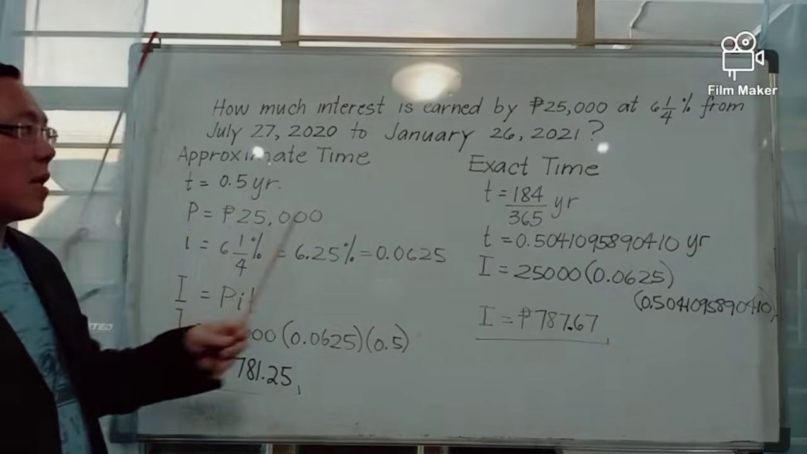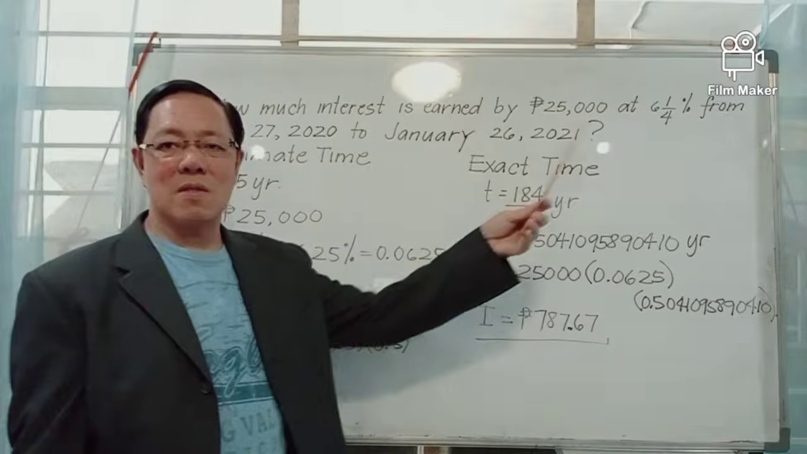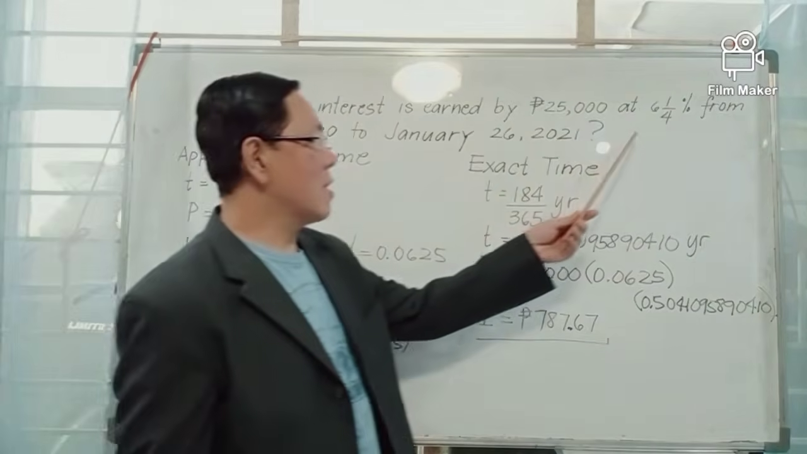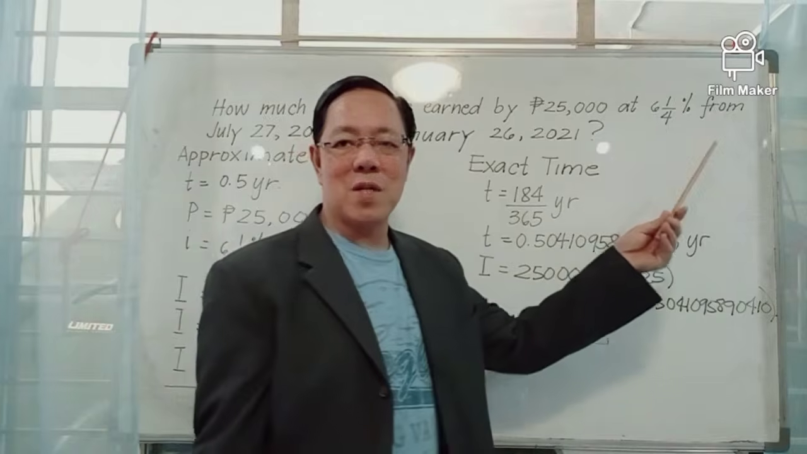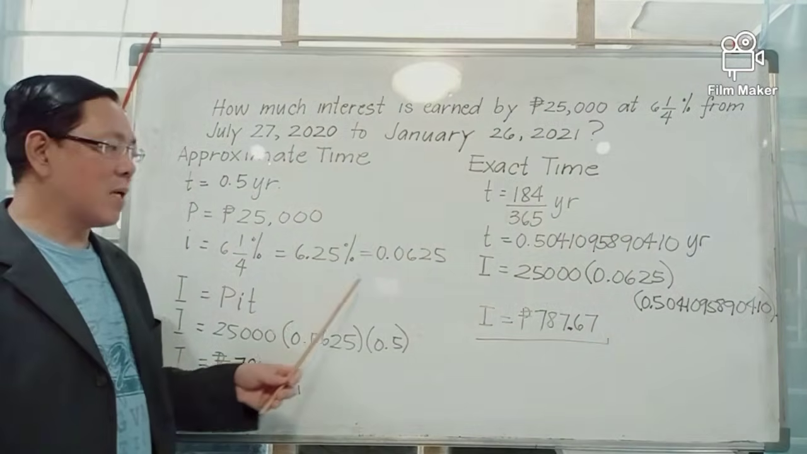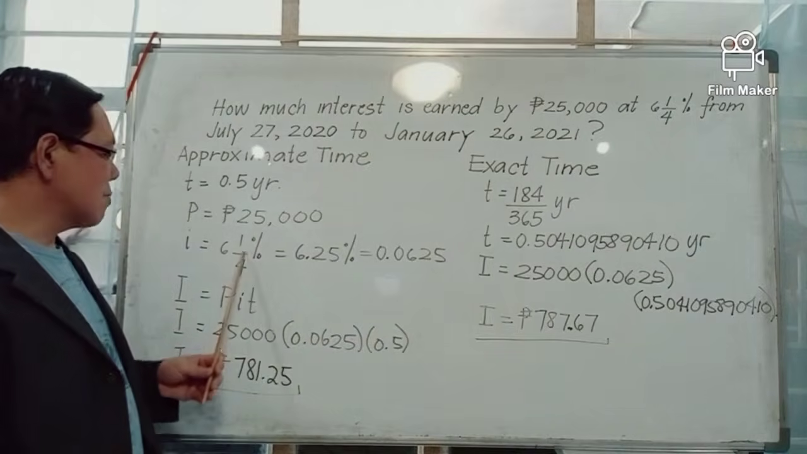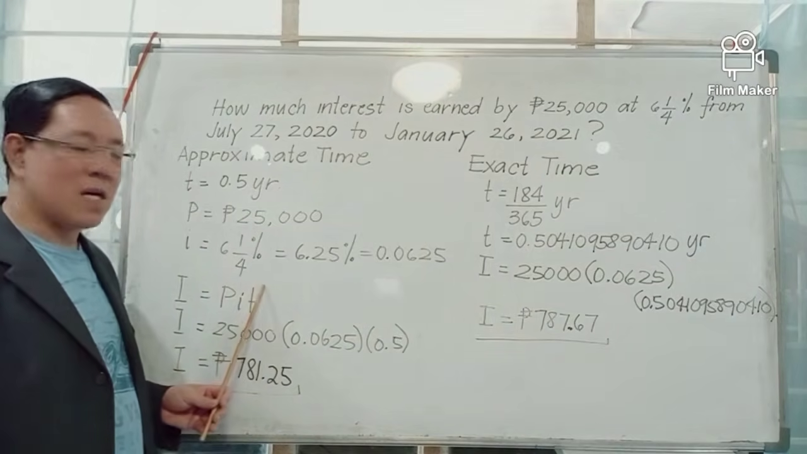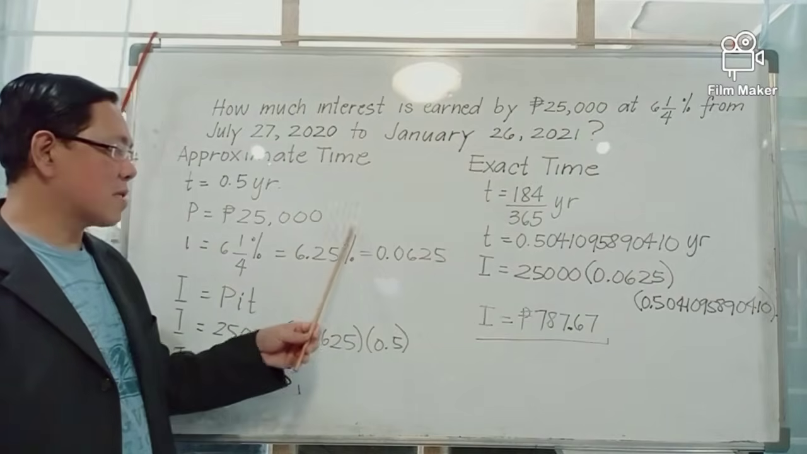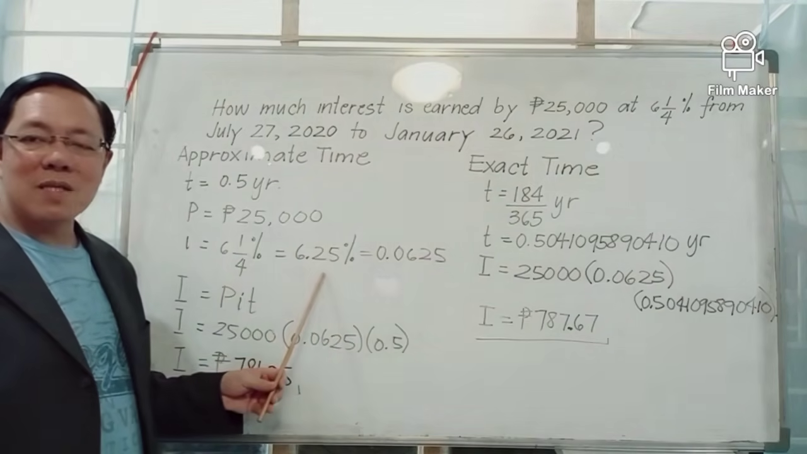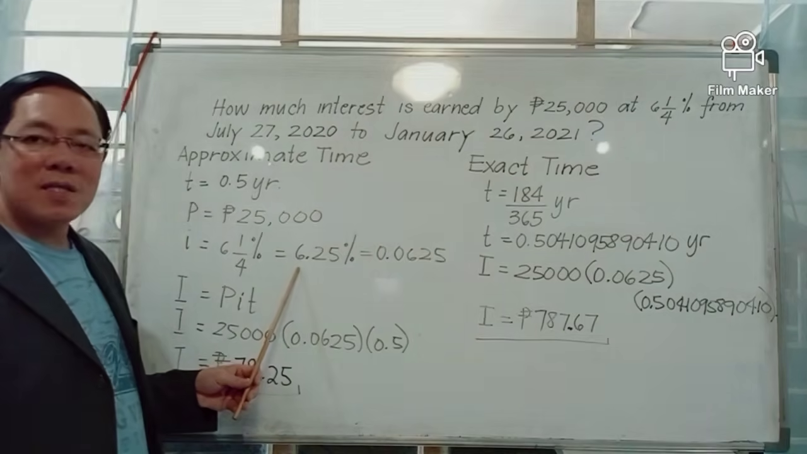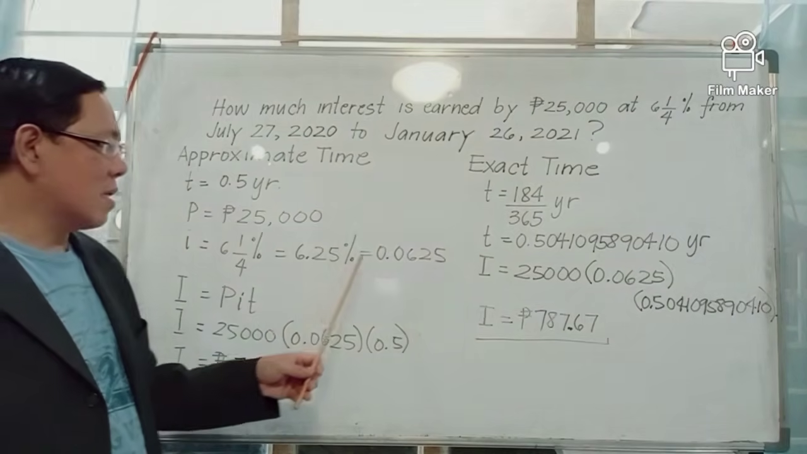The given principal is 25,000 pesos, denoted by capital P. The interest rate is 6 1/4%, and we convert that to a decimal number. 1 divided by 4 is 0.25, plus 6, we get 6.25%. To convert this to a decimal number, we divide 6.25 by 100, and we get